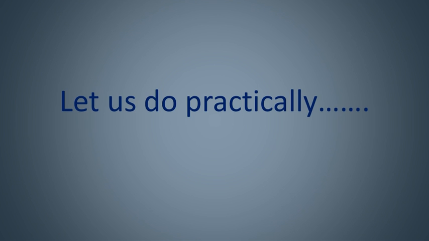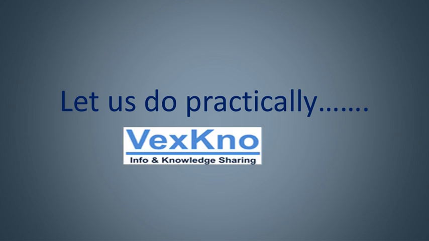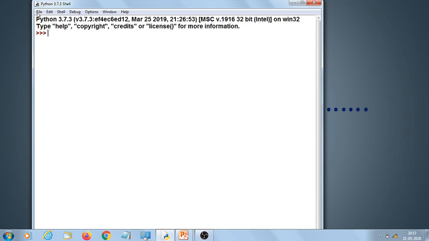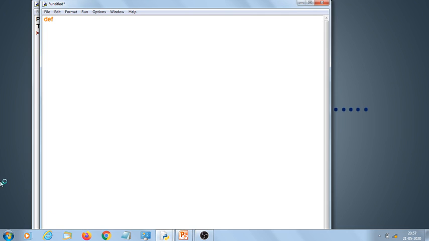So let us do it practically. Open your Python and start writing some code. Let us create a new file. A small function: def func1 with parameter A, or S, anything like that. We use S in place of A, no problem. So S equal to S plus 10.